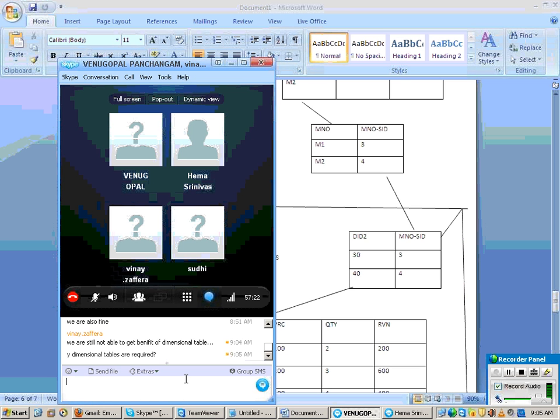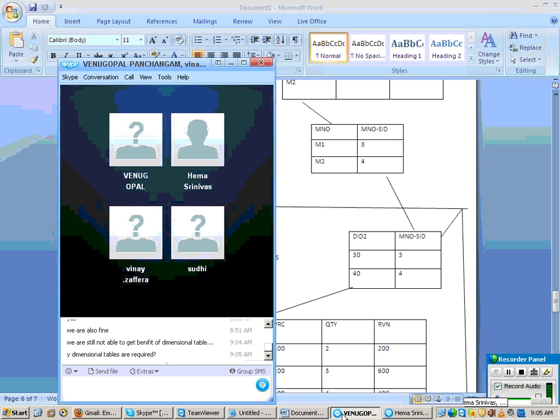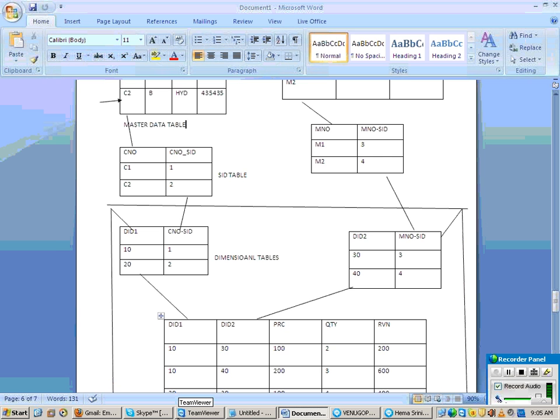Yes, next I am going to come to that part. But first understand what the dimension concept is, then we are going to discuss what the use of dimension is. Vinay, for the online people, is the concept of dimension clear? We'll see, that is what we are going to discuss now. But the concept is clear, what is happening in the database?